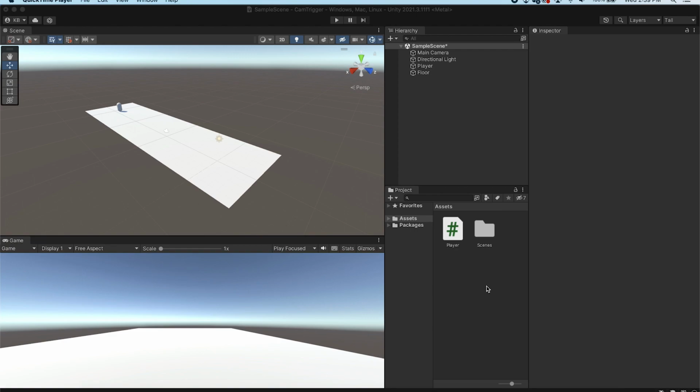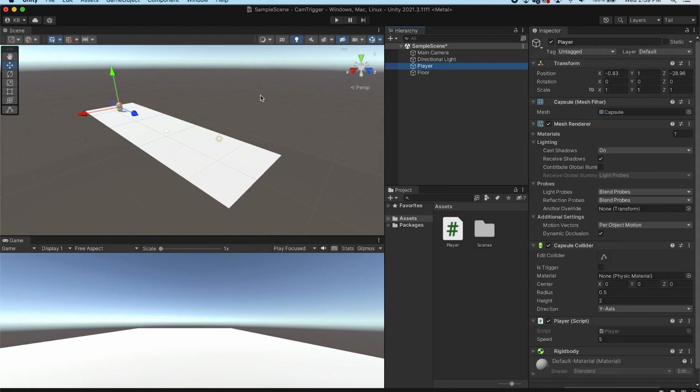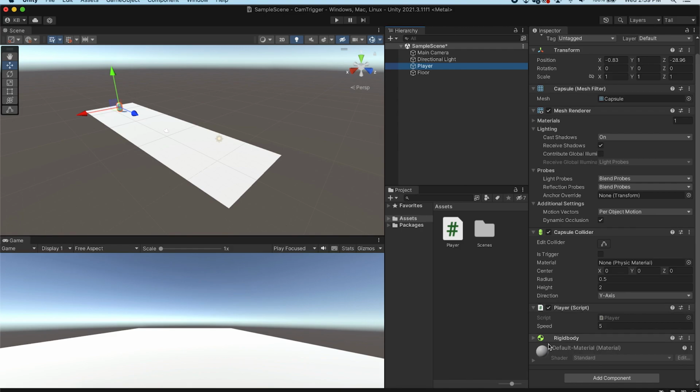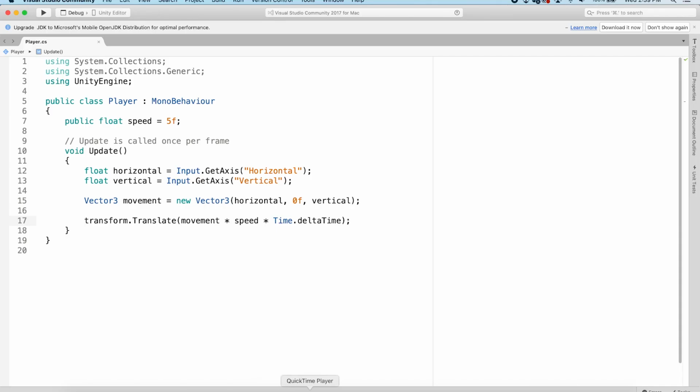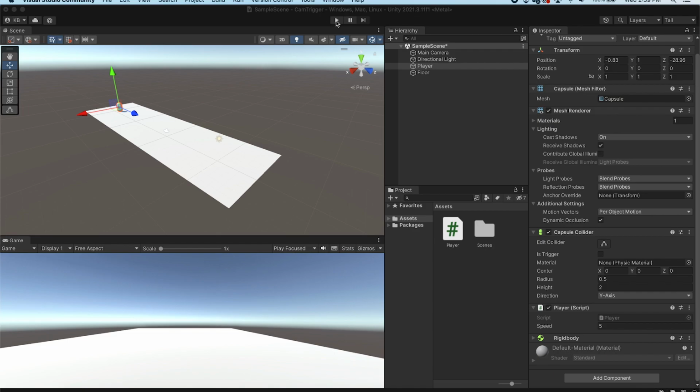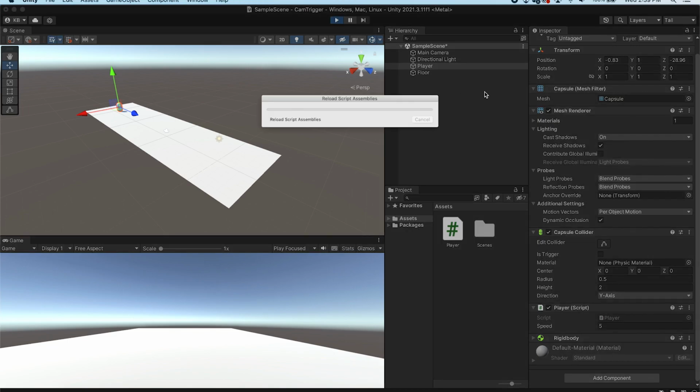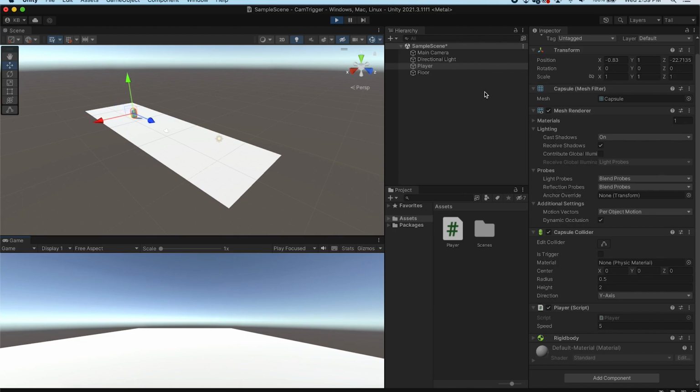So at the moment I've got a really simple template. I've got just a floor that is static. I've got my player that's got a very simple movement script, and I've got my script here for that. So very simple. Not even calling up the rigid body, it's just sorting itself out with a nice bit of movement. So if I press play, I should have movement. So if I press forward,